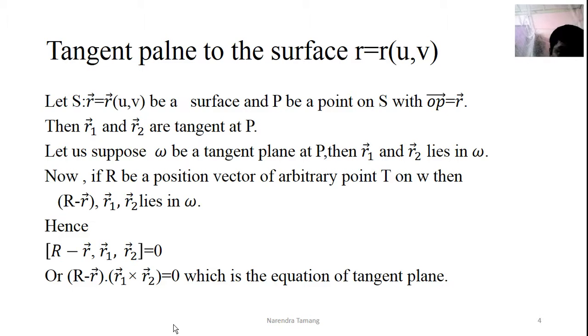Now if r is the position vector of an arbitrary point T on omega, then r minus R, R1, R2 lie in omega. Hence [r minus R, R1, R2] equals 0, and from there we can write that (r minus R) dot the product of R1 vector and R2 vector equals 0,